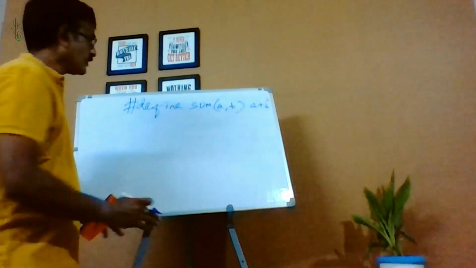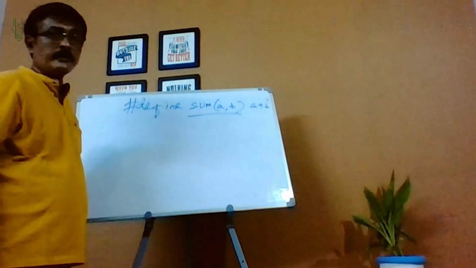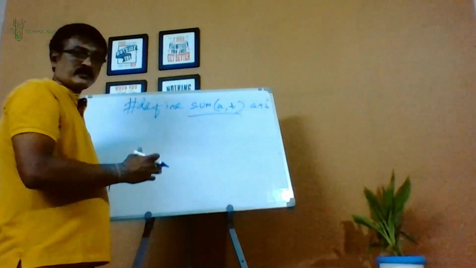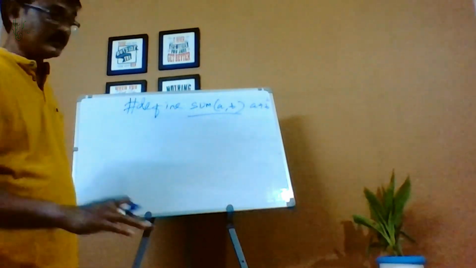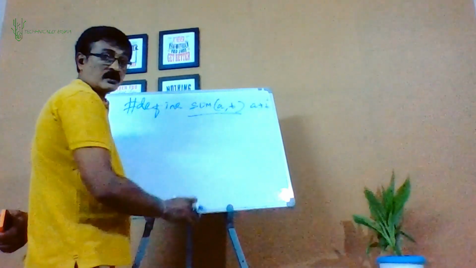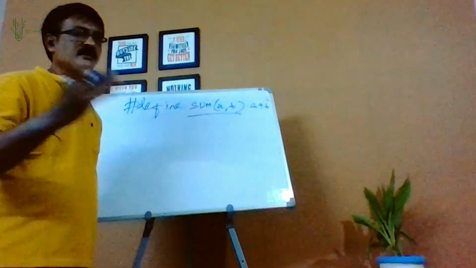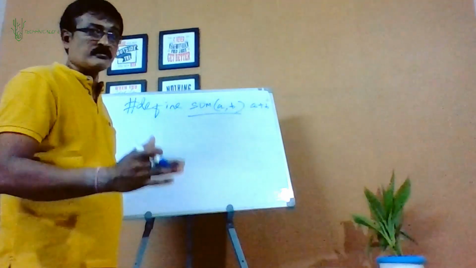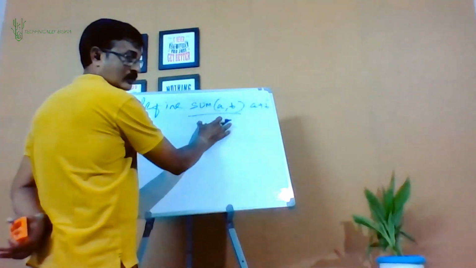This is a macro with argument. Now, this is the name of the macro, sum of it. Doesn't it look like a function? Sometimes there is a bit of a confusion regarding this. I have a function here. It looks like a function. Will it act like a function? No. Function is a different thing. I'll come to that and discuss it with you also. But this is a macro with arguments.